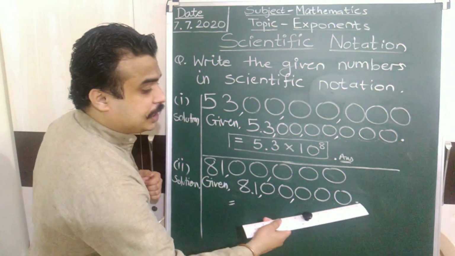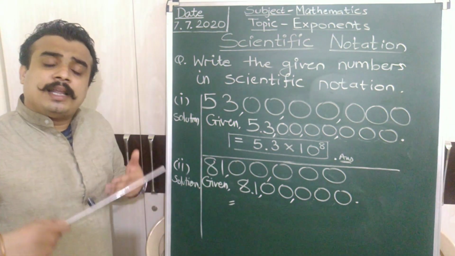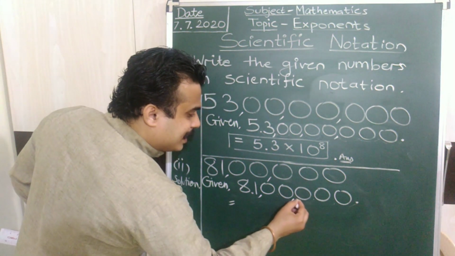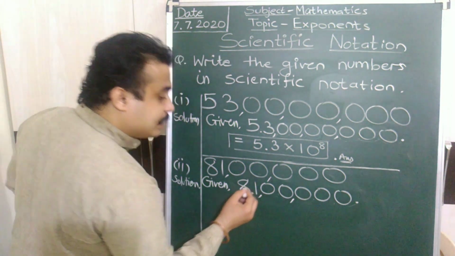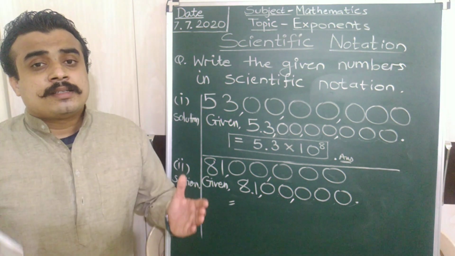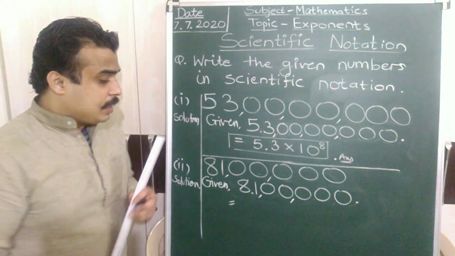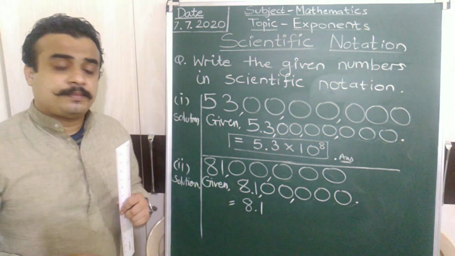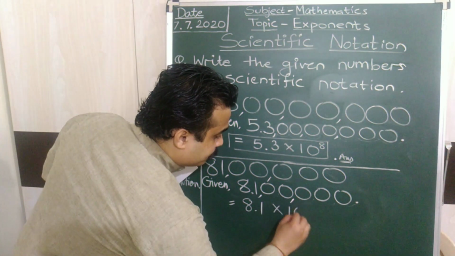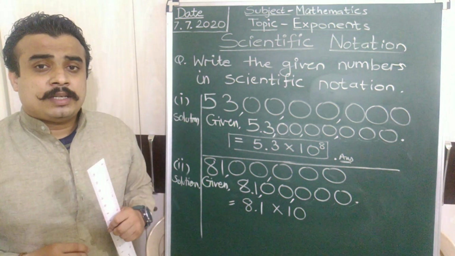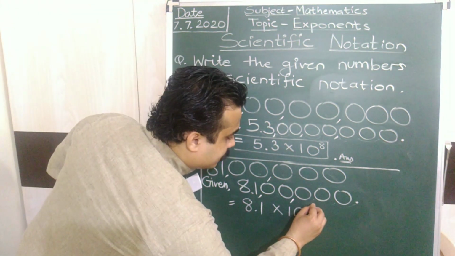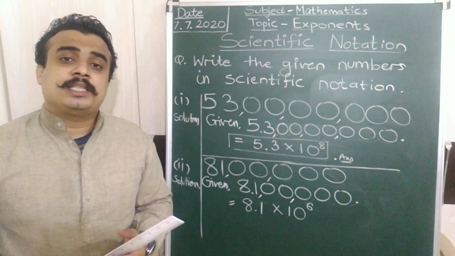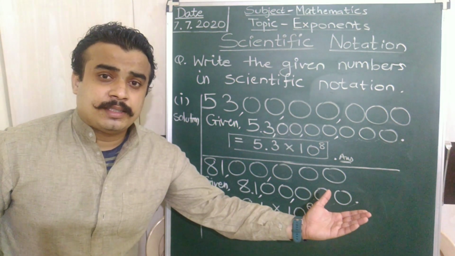That means we have to shift the decimal point towards the left side. How many times do we have to? 1, 2, 3, 4, 5 and 6. That means we have to take 6 steps. Okay. Now with the help of the format, we will write 8.1 into 10 raised to the power, yes, very good, 6. Okay, and we have written the exponent as a positive integer. Why? Because we have shifted